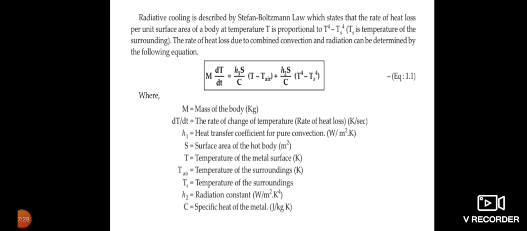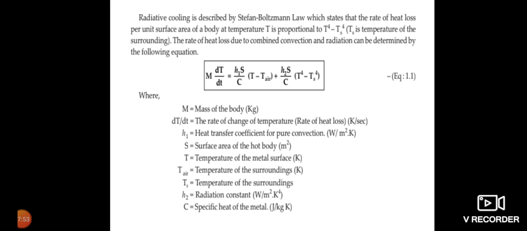Because we are talking about the heat transfer, whenever we talk about the heat transfer, one object's temperature will decrease. So T is nothing but the temperature of your object, which can be metal rod, brass or glass, and Ts is the temperature of environment, meaning your room temperature or lab temperature.